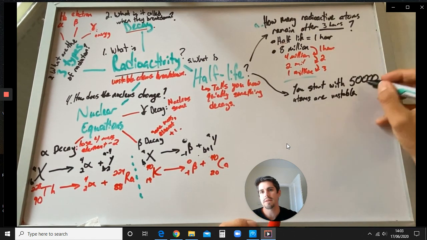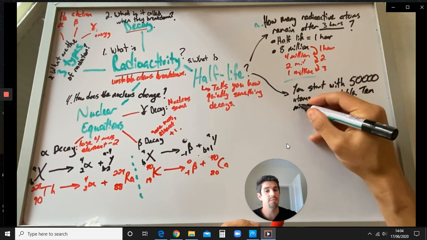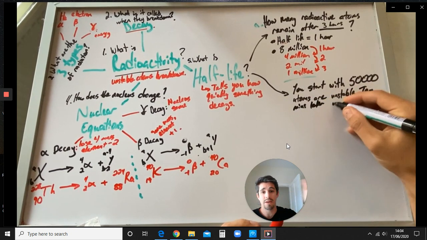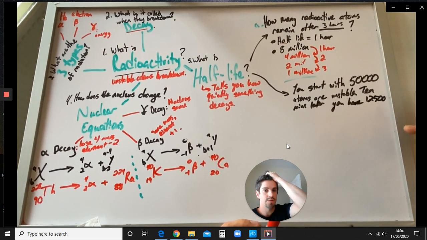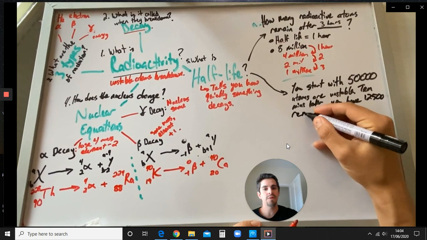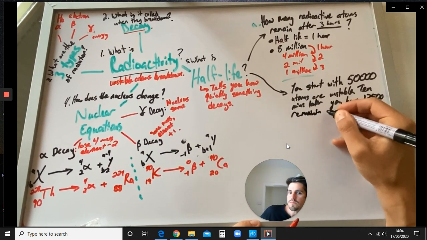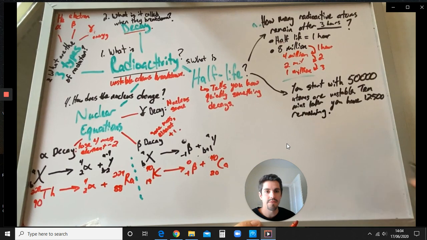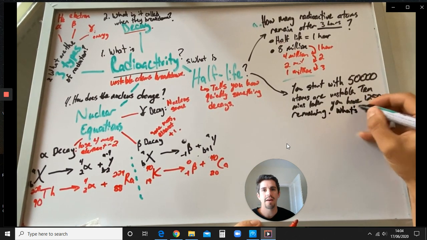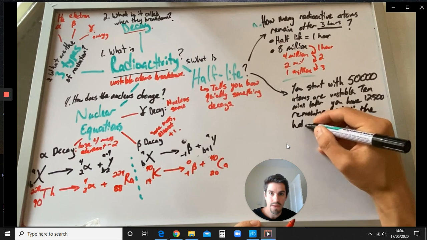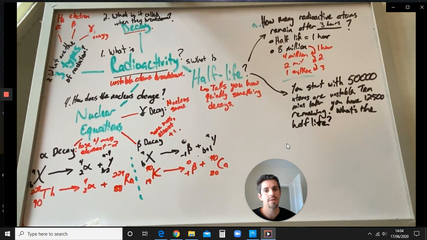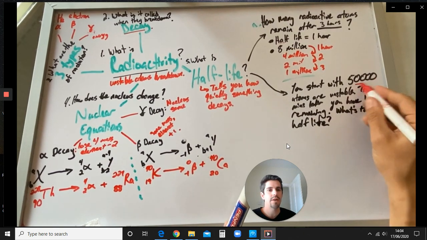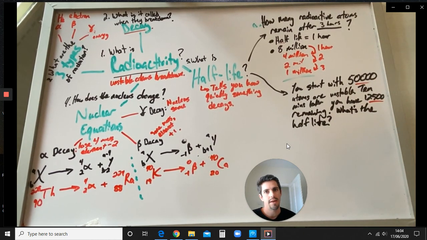And those are unstable. That tells you it's going to go through radioactive decay. Notice they're not telling you alpha, beta, gamma. It's nothing about that. You don't need to know which type of decay. All you need to know is the half-life and the numbers of things. Because you started with 50,000 atoms, and 10 minutes later you have 12,500, it's asking, what is the half-life? Hopefully you can see the connection between those two numbers straight away. I tried to make it easy. It's not going to be super difficult. They shouldn't ask you at GCSE to be doing any serious rounding or things like that. Just work with pretty obvious numbers.